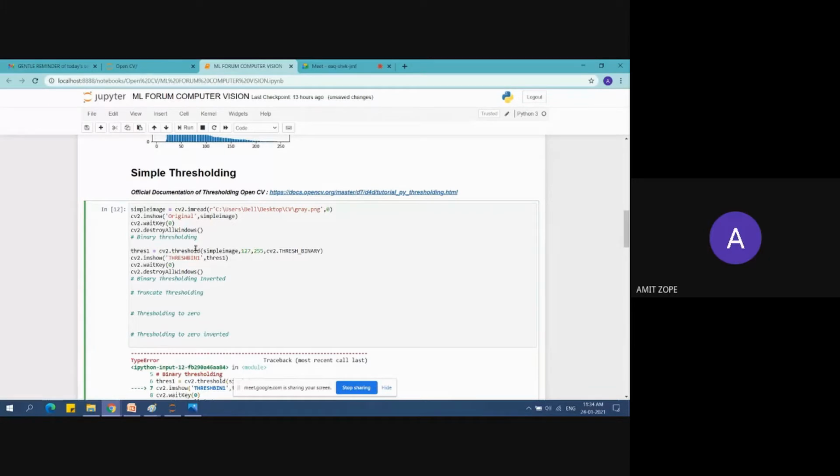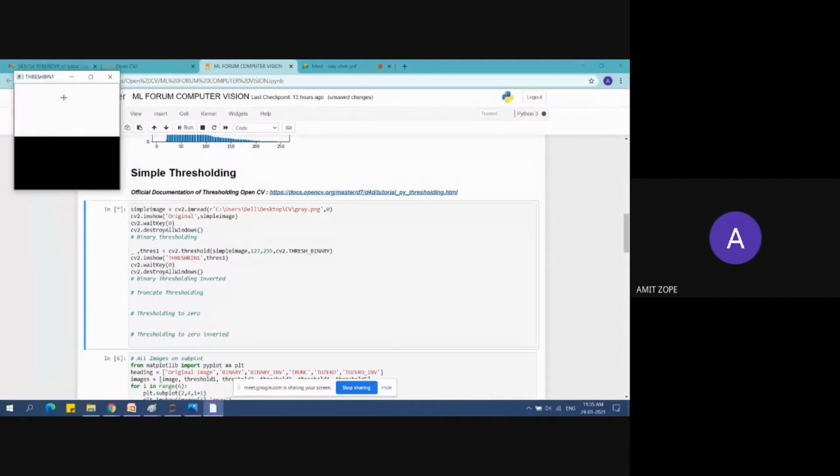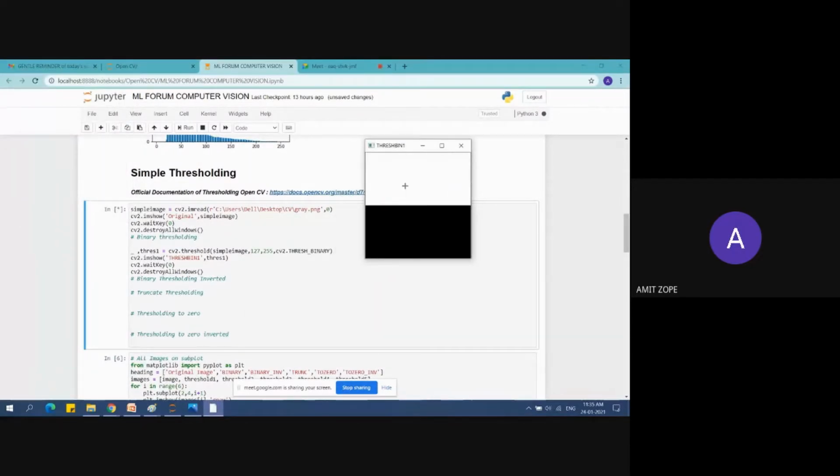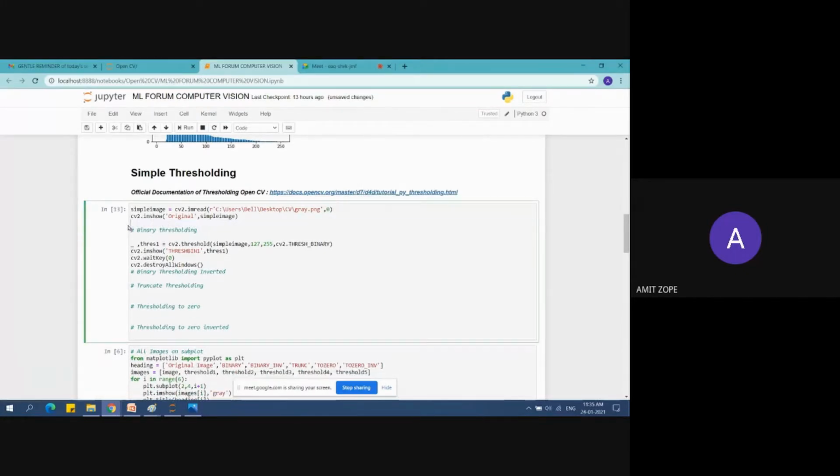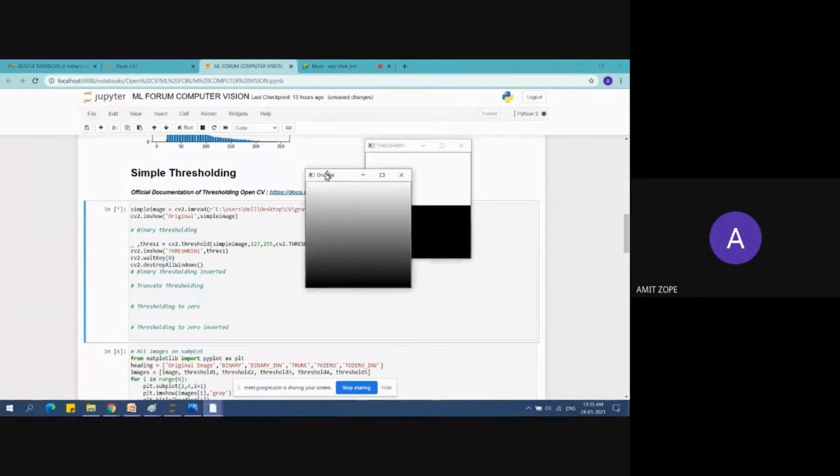Oh yeah, okay. Here we must specify the return value. The return value is nothing but the threshold that we had set here. It must run now, I think so. Yeah. So this is the image for the thresh binary. What it had done is here. Okay, it is great now.